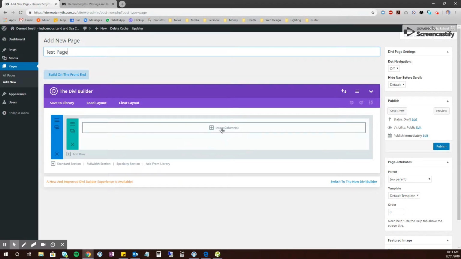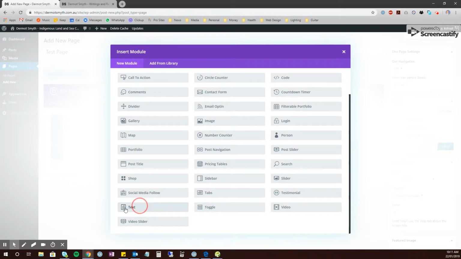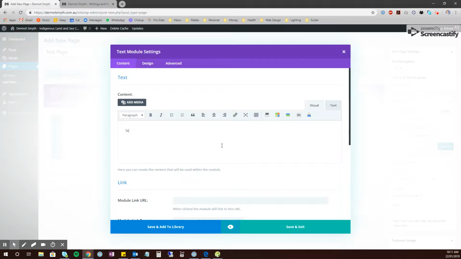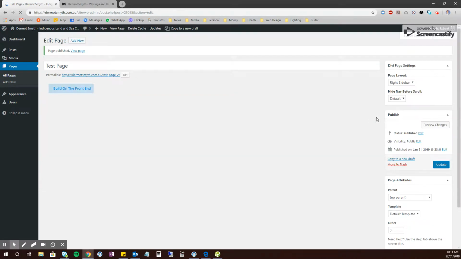and then add some photos and or text to your page. Okay. Hit Publish. Now, once your page is published,